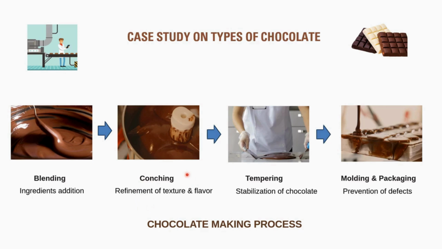So, how is flavor and texture enhanced with the help of conching? There is constant interaction between cocoa solids and cocoa butter, which enables flavor generation. Also, the acidity that was developed during the fermentation phase is lowered by introducing air. The next step is very crucial to get a good mouthfeel in your end product.